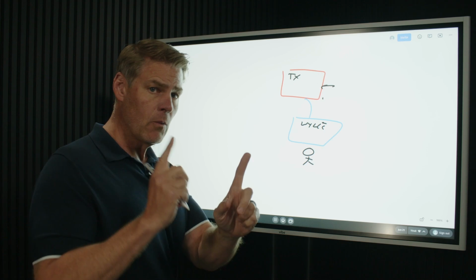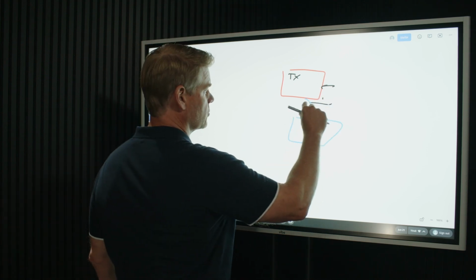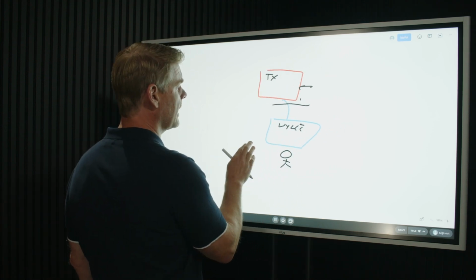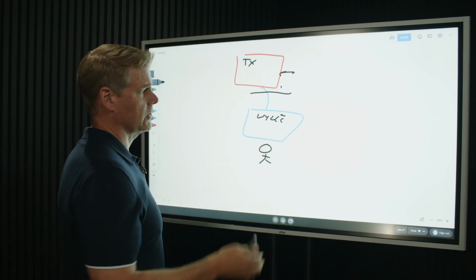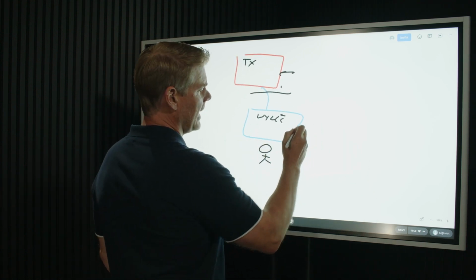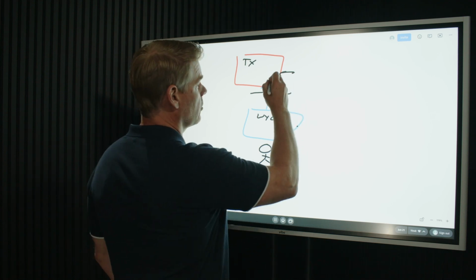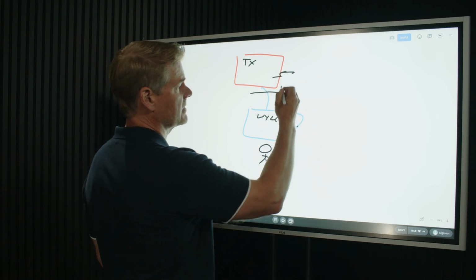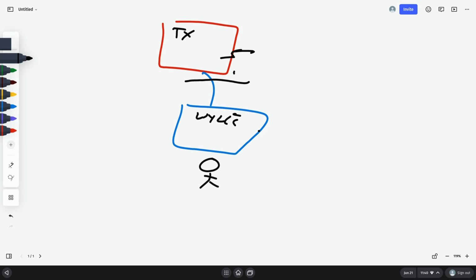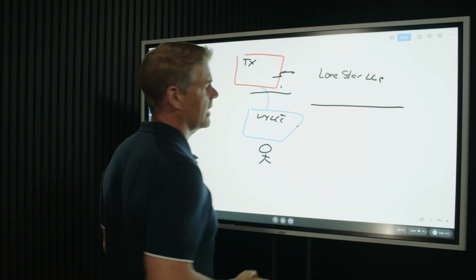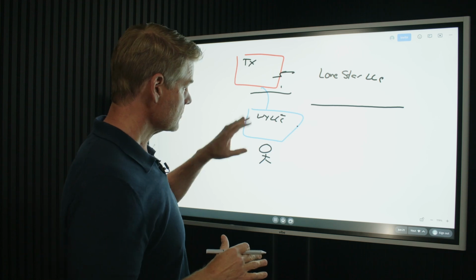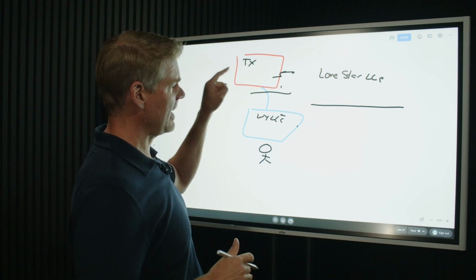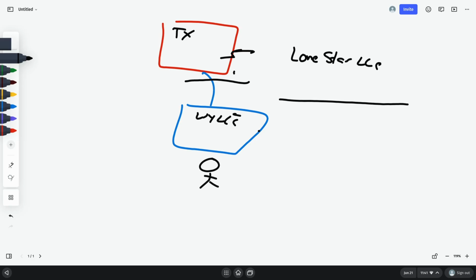So there's two ways you can handle this. Let me give you the first way. The first way in dealing with this type of structure is to sign as the manager of the blue box. So if I had to sign a document on behalf of this red box, we'll just call it Lone Star LLC, that's going to be the name of the red box, we'll have Lone Star LLC up here, and then in the signature line down here, we have to sign on behalf of this company. So I would sign Clint